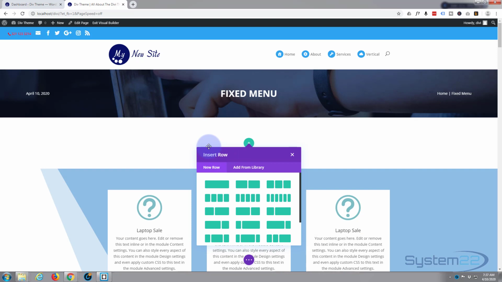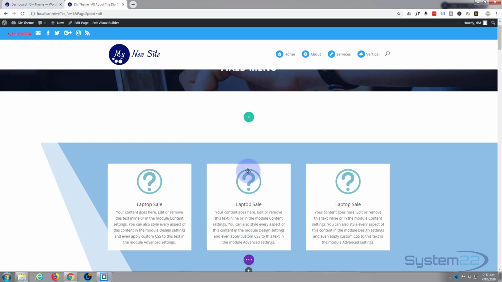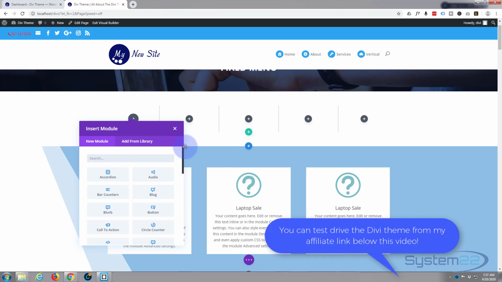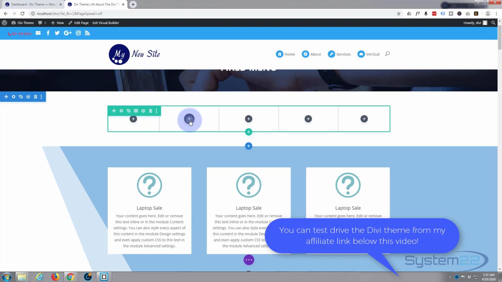And inside, I'm going to put a row with 5 columns, and I'm only going to use the 3 middle ones because I'm going to make it a full width row, but I want to give the impression that it's a regular size row, so I'm going to use that. I'm not going to put anything inside that first one. This second one I'm going to put a blurb,